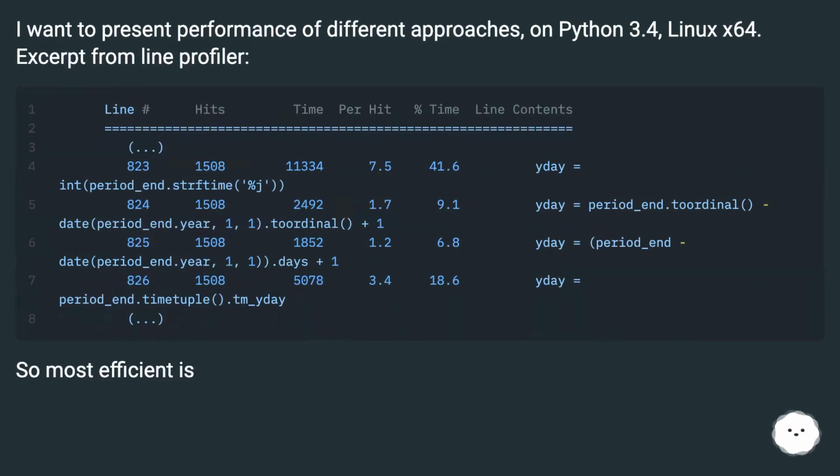I want to present performance of different approaches on Python 3.4, Linux x64. Excerpt from Line Profiler. So most efficient is